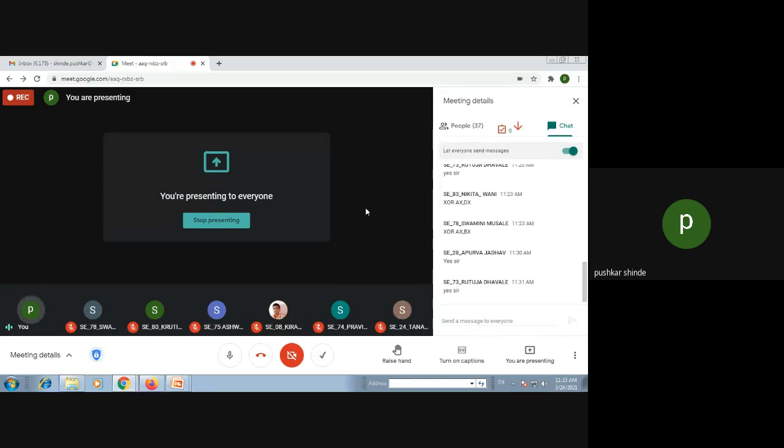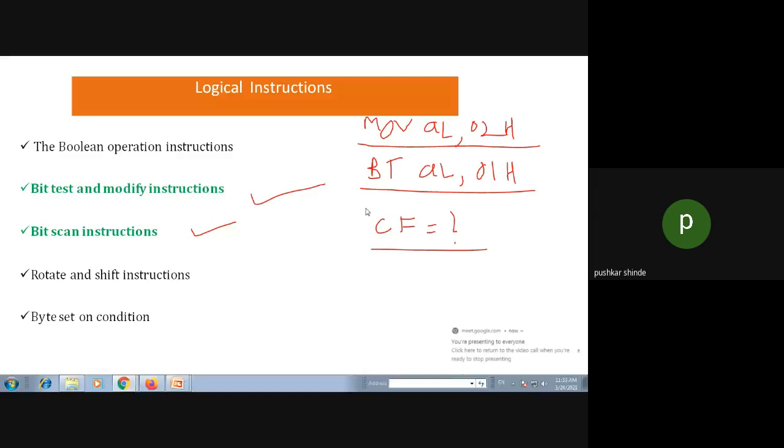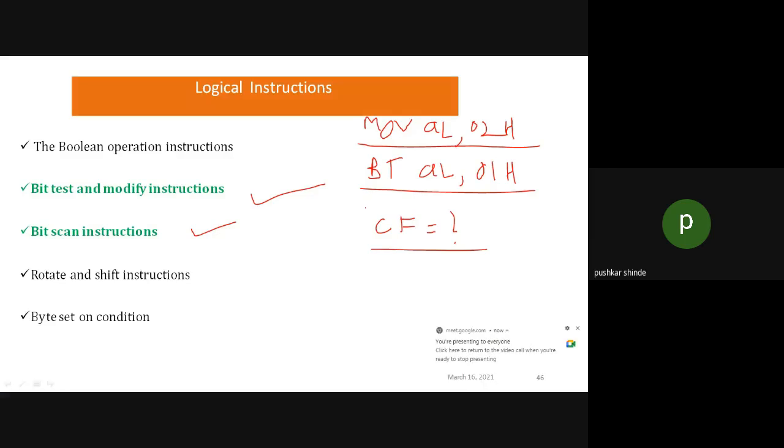Check it basically. Write down the AL value in terms of bits and check the bit index of that bit and check whether it is 0 or 1. Accordingly set the carry flag. So I have shown you the instructions. Write down AL as 02. Okay, in terms of bits,